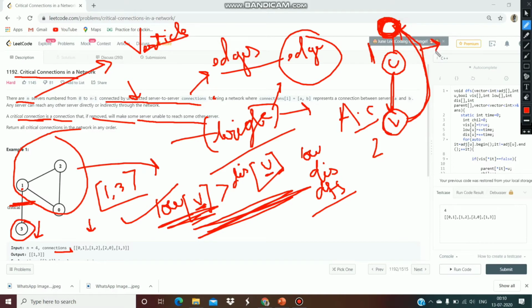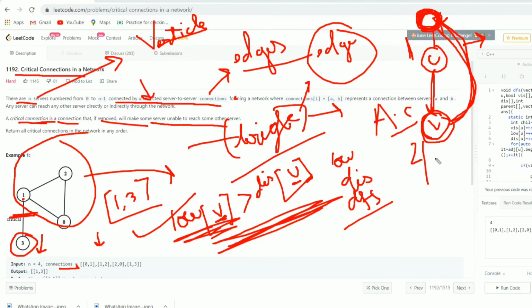So if there is a back edge, it means that the vertex with the lowest discovery time reachable from vertex v is the ancestor. So the low time of vertex v will be less than that of vertex u. It is sure, because we are reaching the ancestor of vertex u from vertex v through a back edge. So if the low time of the child vertex v is less than the discovery time of the current vertex u,